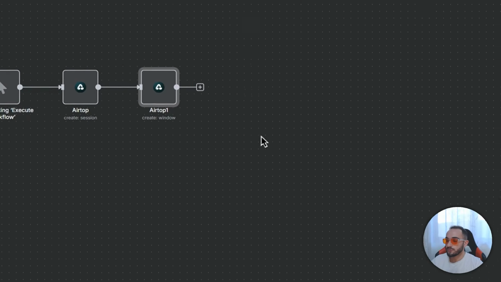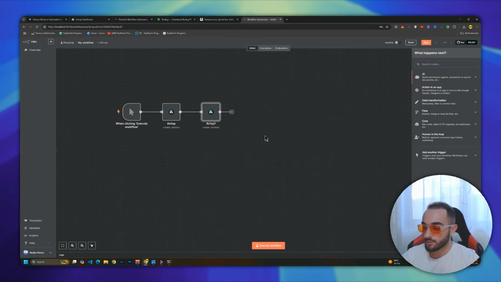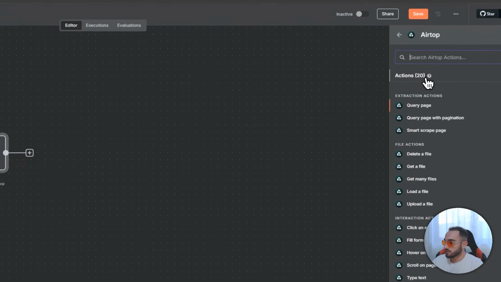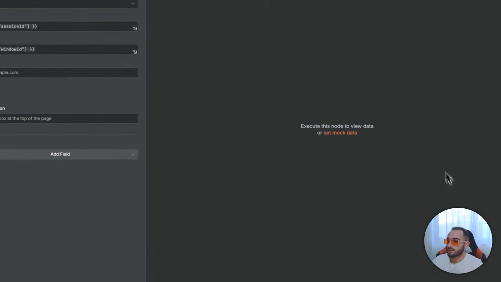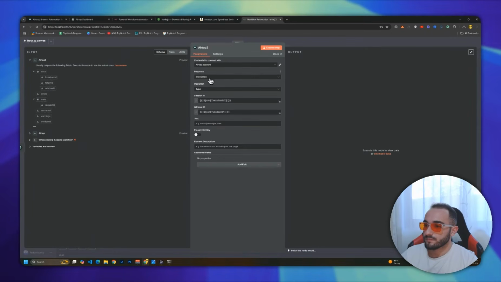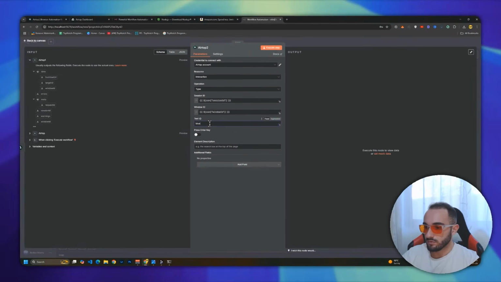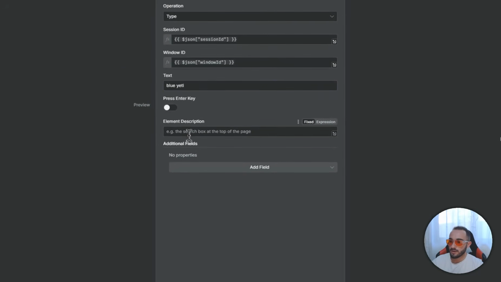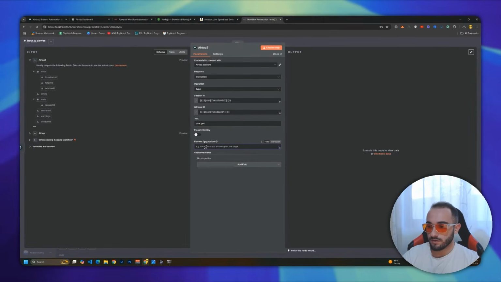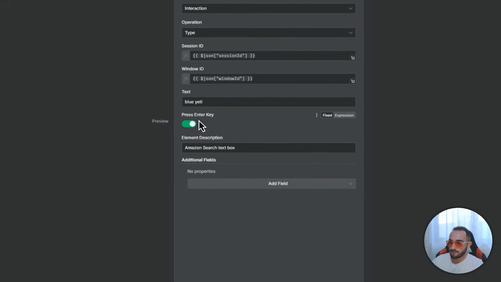And next we want to type to search for a product that we want. The node is going to be type text. So we have interactions, type, the text you want to type is Blue Yeti, just like we tested before. And here is going to be the Amazon search text box,